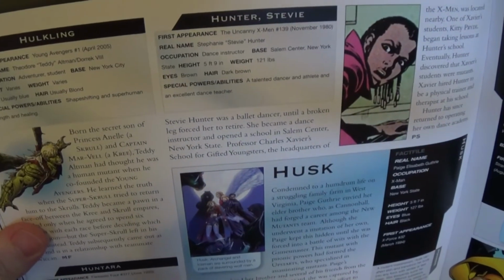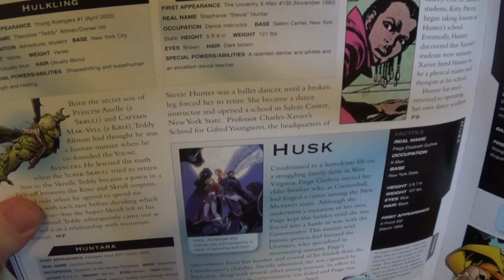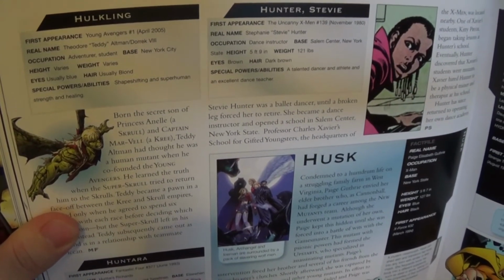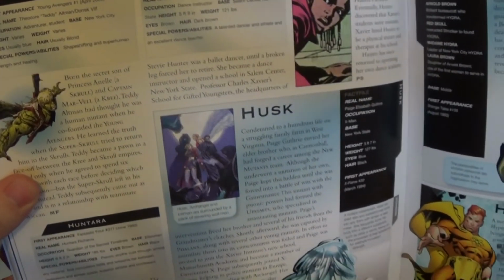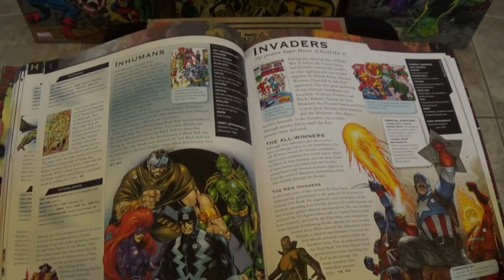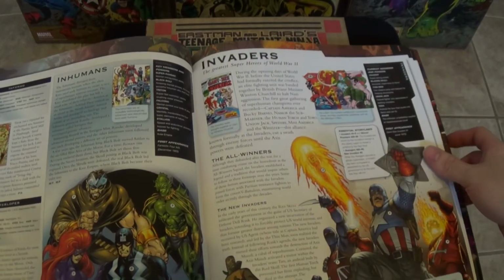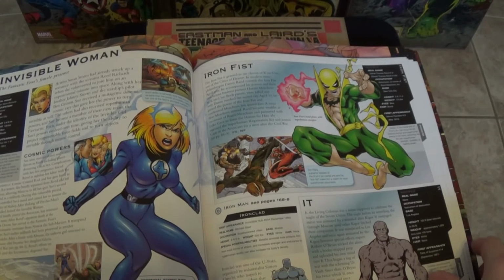Hulkling, first appearance Young Avengers number 1, April 2005. It states his real name, occupation, base, height, weight, eyes, hair, and special powers and abilities, and it gives you a brief summary of that character. On other more important characters, or even affiliations such as Invaders, they list key issues,